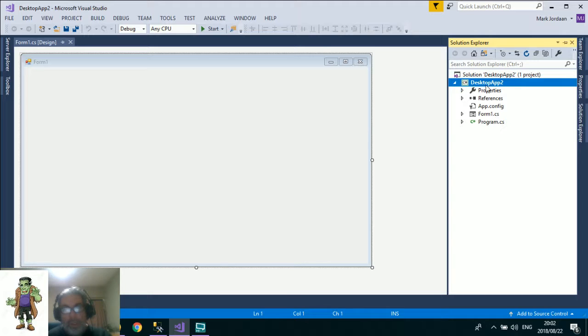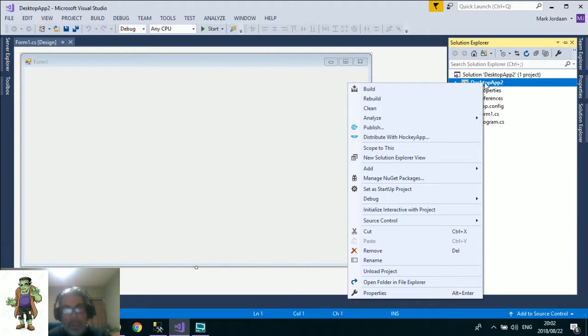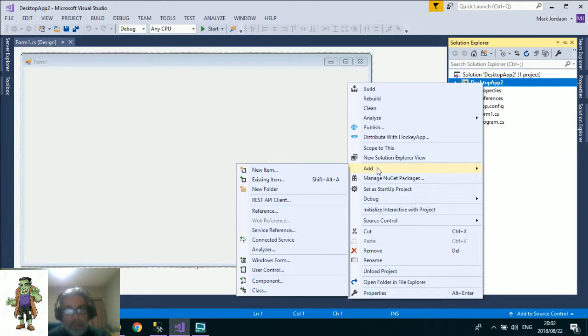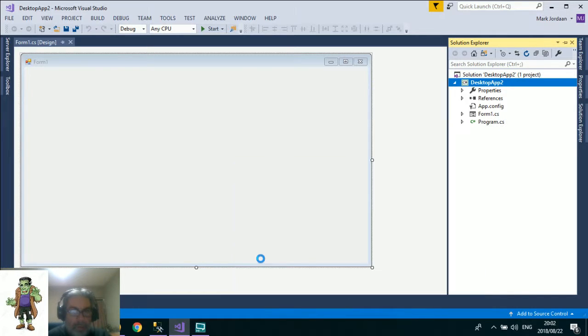Anyway, so what you're going to do is right click on the project that you want to add something to. There are other ways to do this. I'm just going to show you one way. You can find other ways later. So you're going to go down into Windows Form. Okay, and then